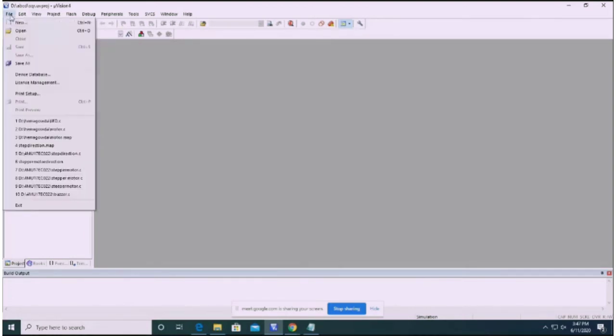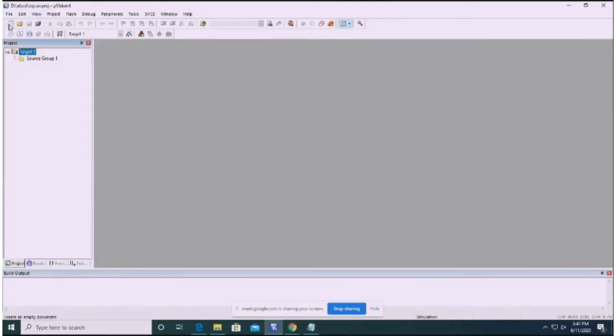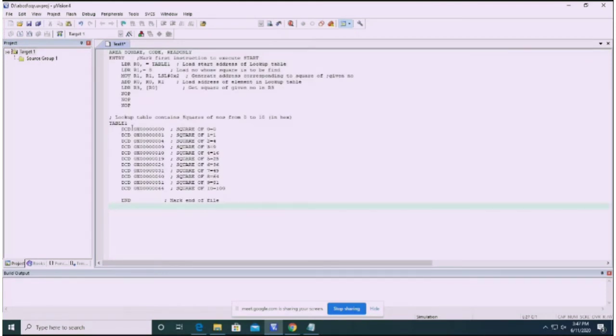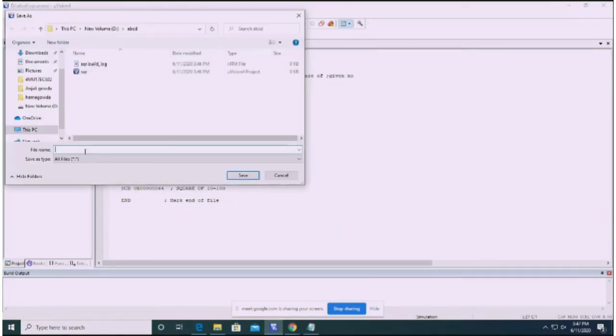Next, we'll create a new file. So go to File and click New, or we can go with the shortcut New. So here we'll write a program. After writing a program, we'll save this program. To save this, we'll click on Save